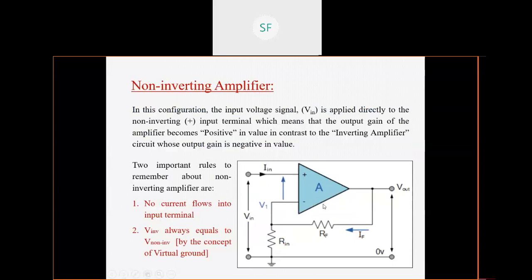Now this is the circuit diagram of the non-inverting amplifier. You can observe that this triangle is nothing but an op amp. It has two inputs, non-inverting and inverting, and one output, and the output is connected to the inverting terminal through the feedback resistor RF. So this is nothing but negative feedback. Once you establish this is negative feedback, this circuit will act as an amplifier.